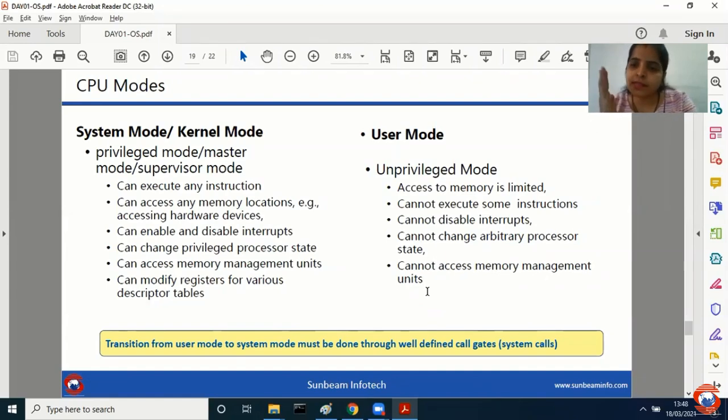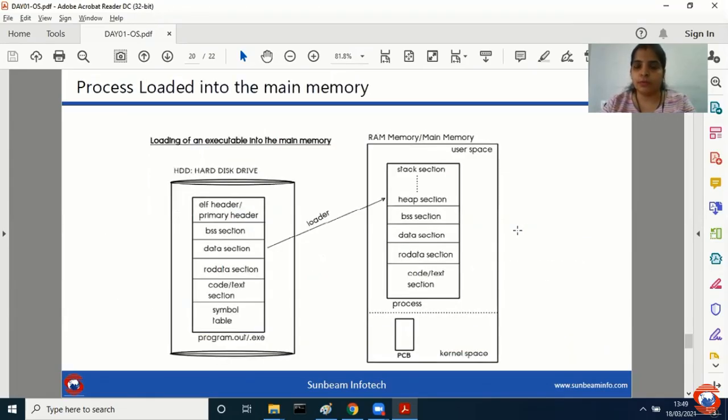So that is called some privileges are given to the user, and maximum are given. All the privileges are given to your kernel mode. Okay. Have you understood? So transition from user mode to system mode must be done through well-defined call gates, which are called system calls. So what are system calls? They help us to transit from user mode to kernel mode.